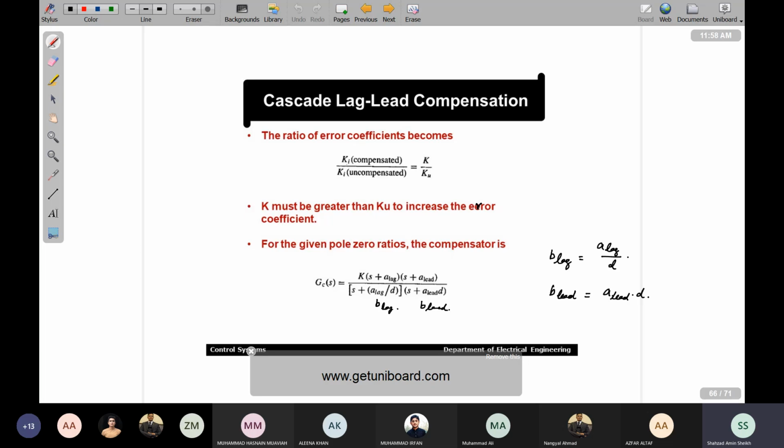ठीक है, अब बाकी जो है वो डिटेल्स हैं कि किस तरह से GCFS जो है आपका जो ट्रांसफर फंक्शन है या ट्रांसमिटेंस है इस कंट्रोलर की, that is in fact K (s plus a lag) divided by (s plus a lead). So these are the position of the zeros. a lag और a lead जो हैं ये आपकी position of zeros हैं. और डिनोमिनेटर में आपके पास s plus b lag और s plus b lead होना चाहिए, but b lag can be found by the relationship because you know now पिछले 3 compensator डिजाइन करने के बाद